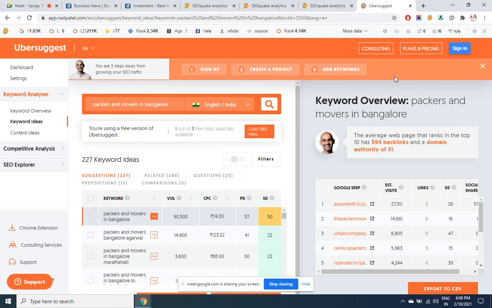Secondly, when I check the top 10 ranks through SEO Quick, I should be able to find a low number of backlinks, single digit backlinks performing, new pages, new websites performing. And thirdly, when I type that keyword in the Ubersuggest tool, I should see that the top 5 ranks are getting significant visitors. Now here, don't ask me, sir, whether 100 is big or 1000 is big or 10,000 is big. It depends upon the keyword. For packers and movers, even 5,000 is a big number. 27,000 is just amazing.